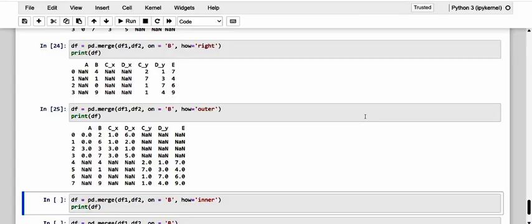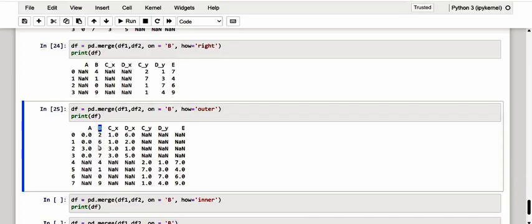So the only fully valued rows are those that have the same value in the column B. Let us kindly observe. Where the values in B are the same, all the values of the two data frames are shown on the same row.